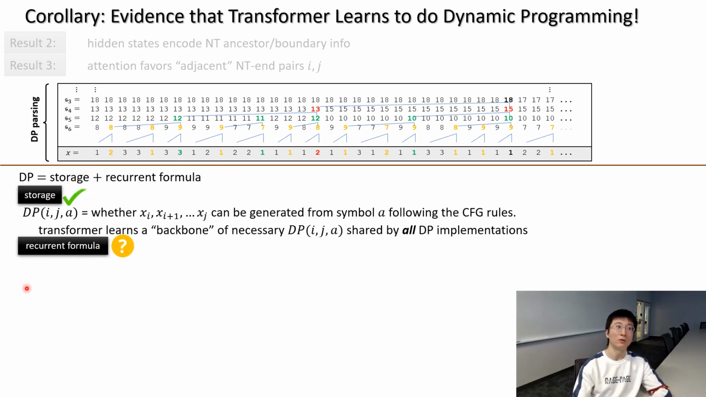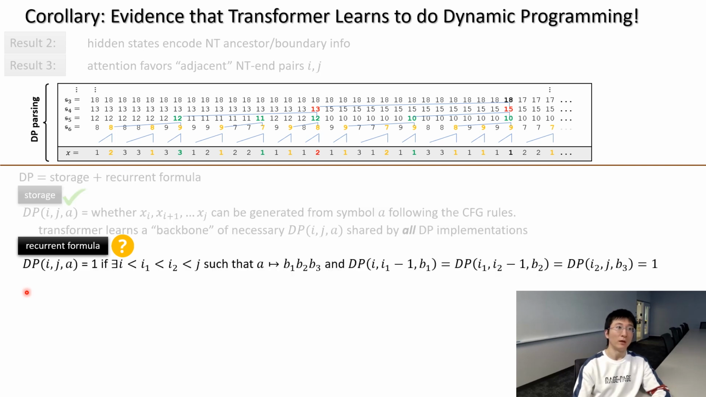Now, on the recurrent formula part, is there any way to also define a backbone shared by all variants, all implementations of the DP? That seems hard, but let me at least give you examples. Here is one way to write down the recurrent formula. We can say dpij equals 1 if there exist two separating points like i1 and i2, such that